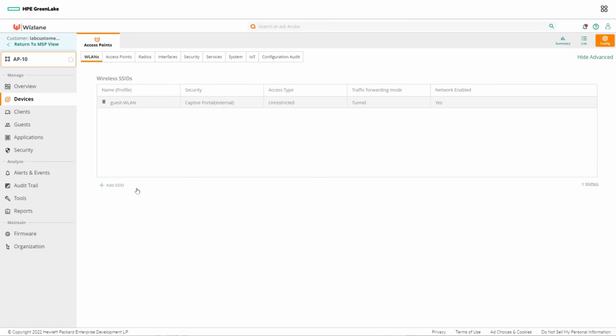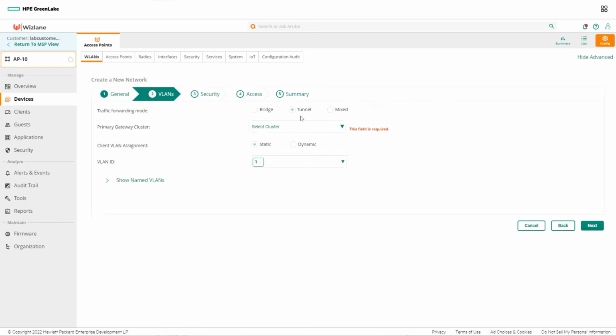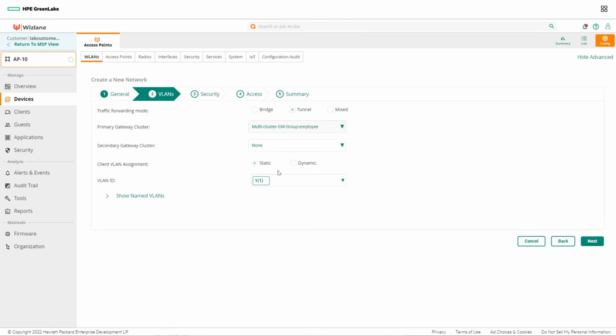I'm going to create the employee WLAN, so we're going to give it the name employee WLAN. Next, we're going to go tunnel, select the cluster that we have. We have this cluster, basically the one that belongs to the group. So we're going to go employee, and VLAN static. We're going to go for